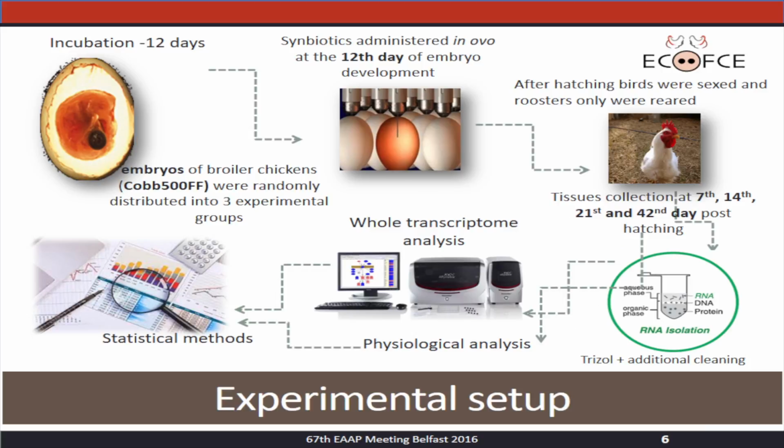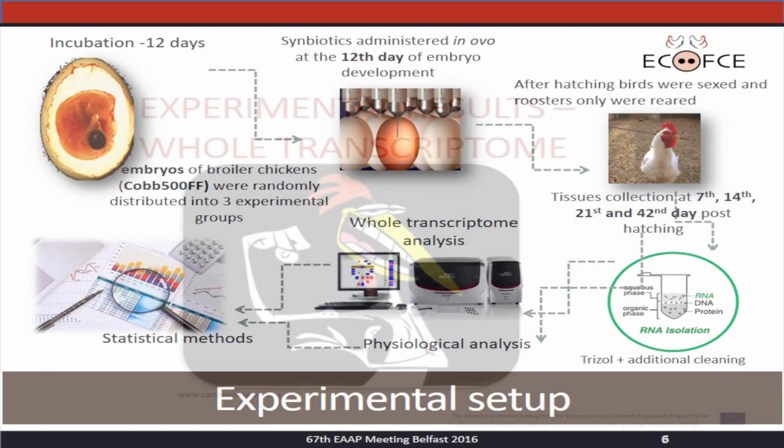So after the incubation, after the injection at 12 days of embryo incubation, the chickens were hatched, and then several tissues were collected for the physiological parameters at up to 6 data points. So at day 1, 4, 7, 14, 21st and 42nd post-hatching. The whole transcriptome analysis using chicken Affymetrix microarray was done at day